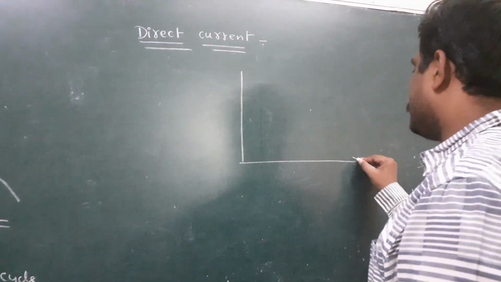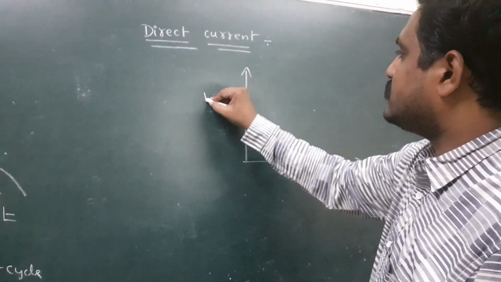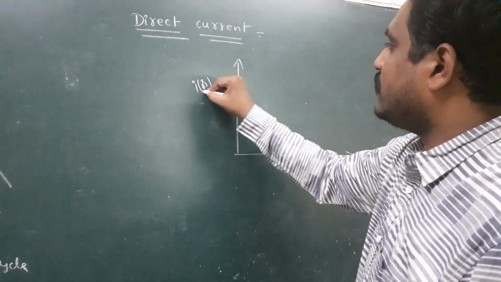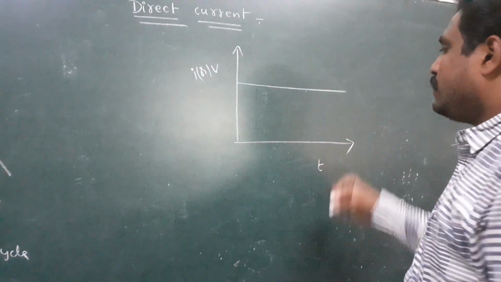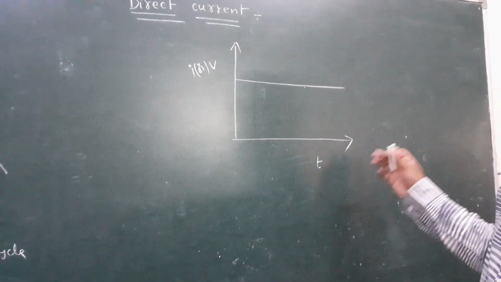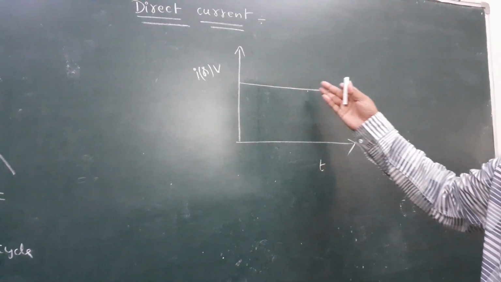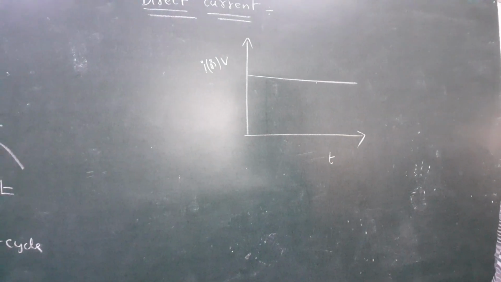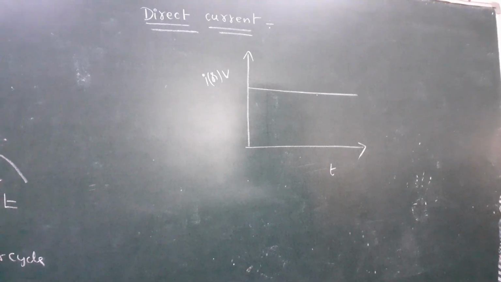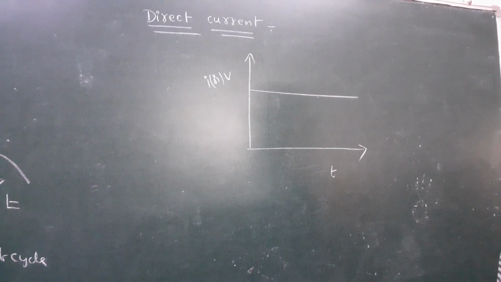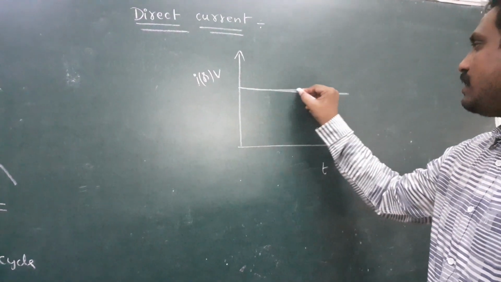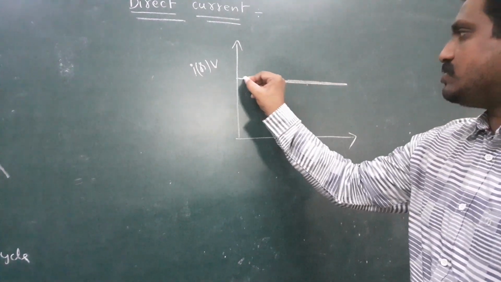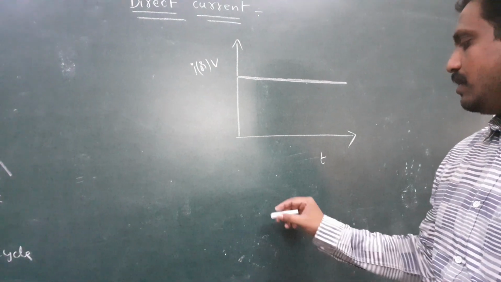Okay, next I discuss direct current, nana. Here look here, this is I or V, nana. Here T, nana. Here time changes but current or voltage does not change, nana. That current is called direct current, that voltage is called direct voltage. That means its current or voltage does not change with respect to time, nana.